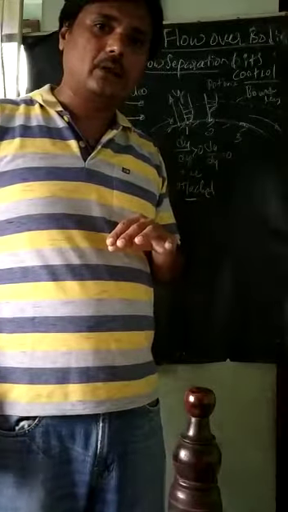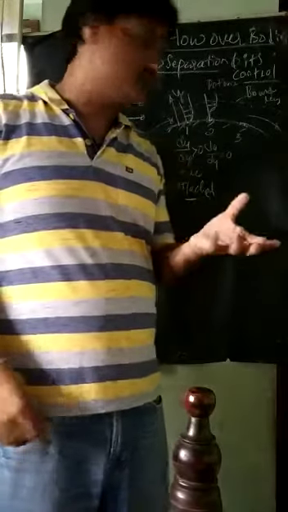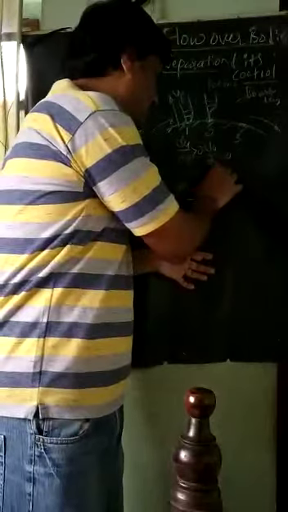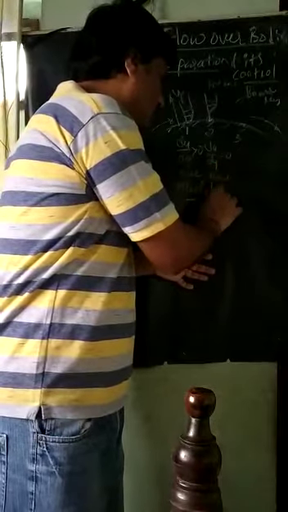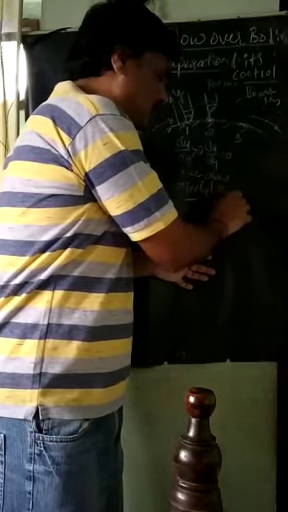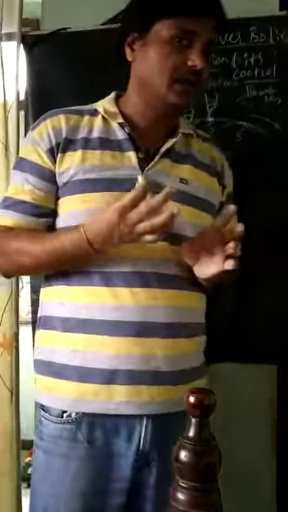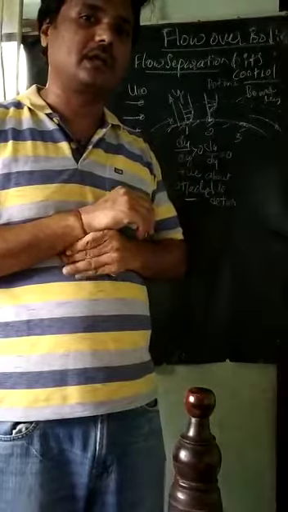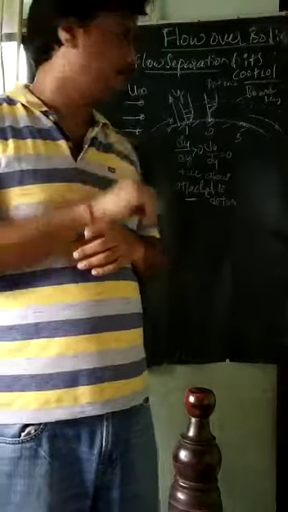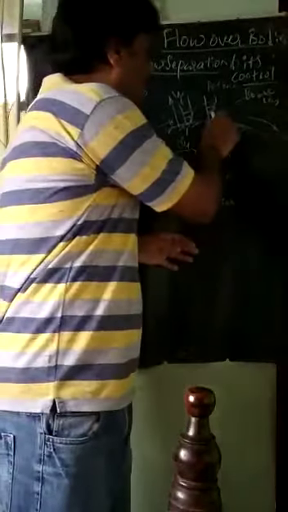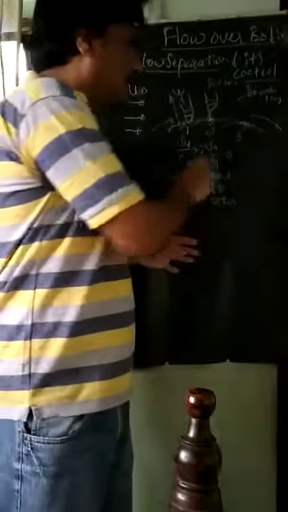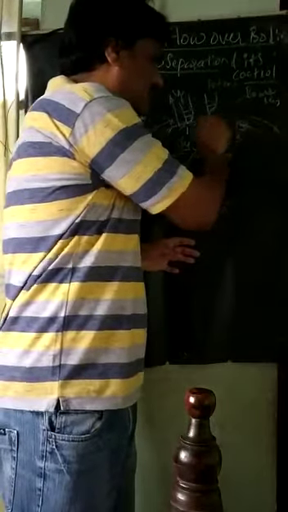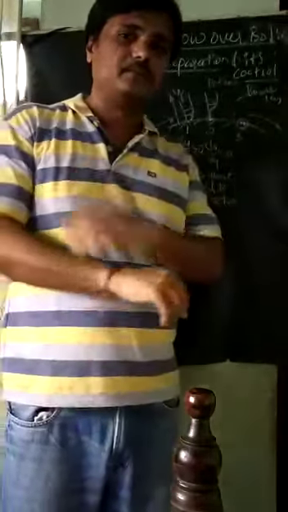What can we tell here now? About to detach. It is not detached, but about to detach. When the velocity gradient is 0, the flow will again continue. When it reaches another strategic point, that is point 3.